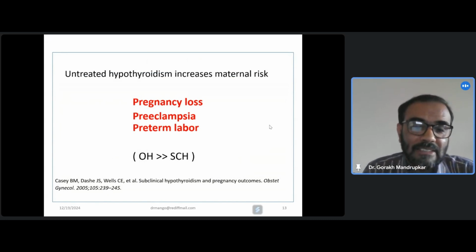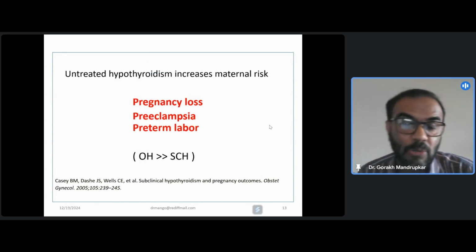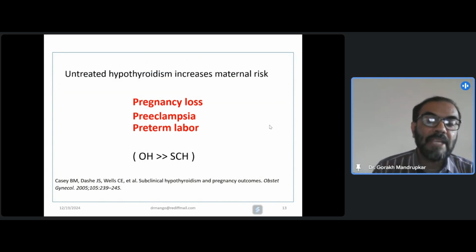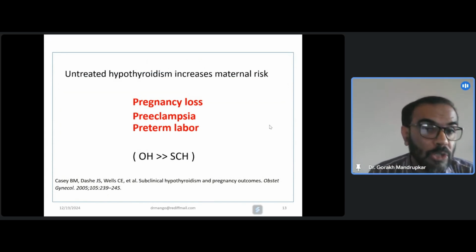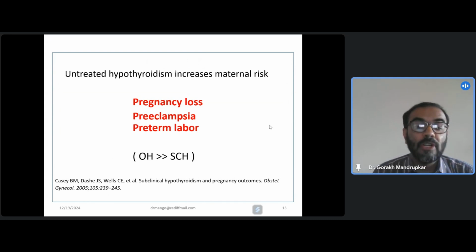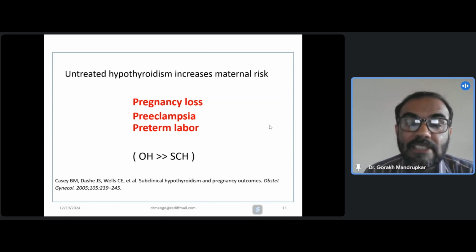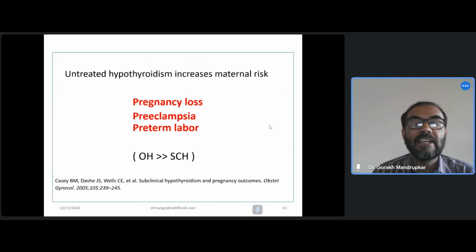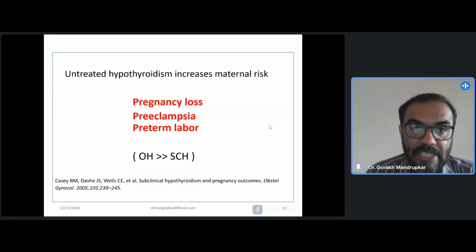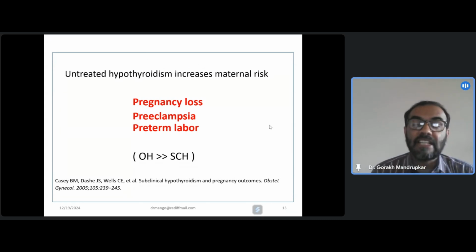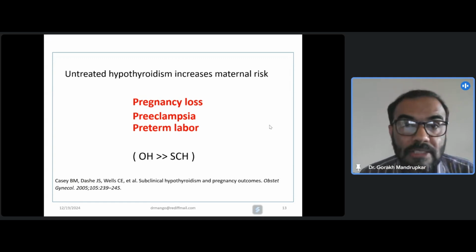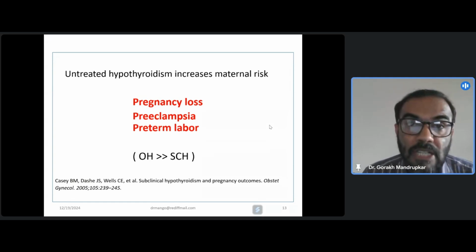Why are we worried? It is because of these three P's we have to keep in mind. There are three P's, and a fourth P has been added by one of the good North Indian studies. Purposefully, I have kept three P's here, but a fourth P is added. Untreated hypothyroidism will increase the maternal risk of first, pregnancy loss, second, preeclampsia, third, preterm labor, and